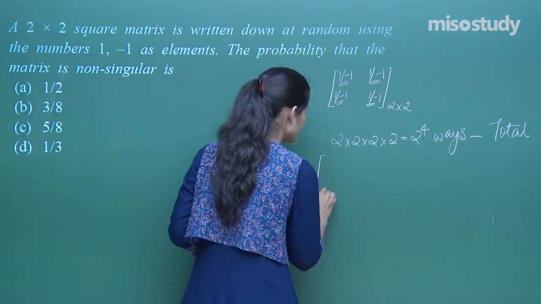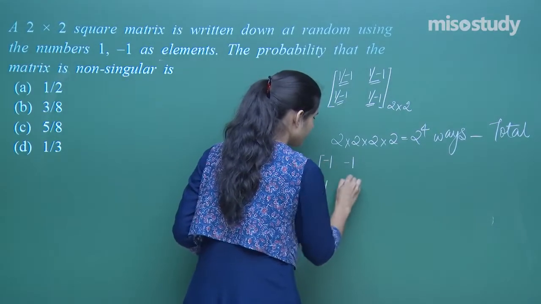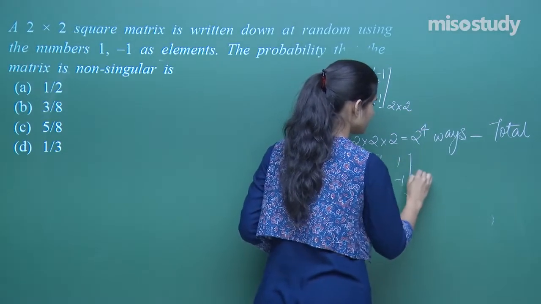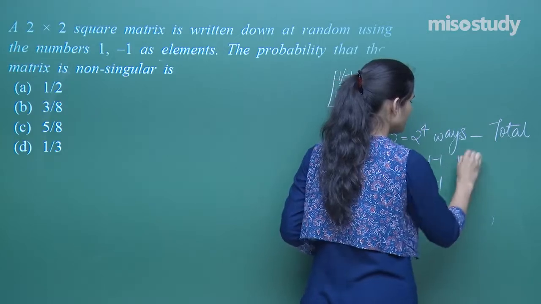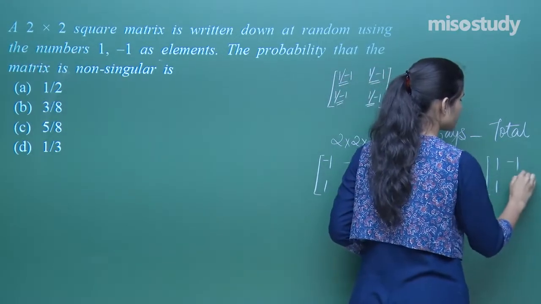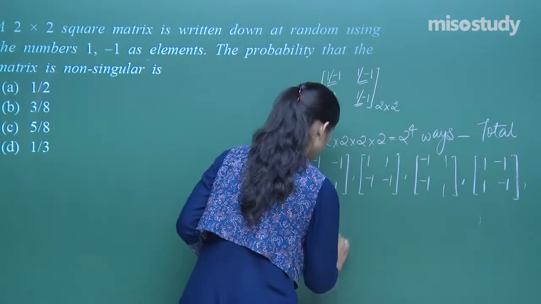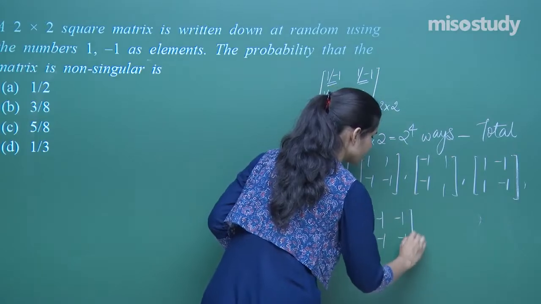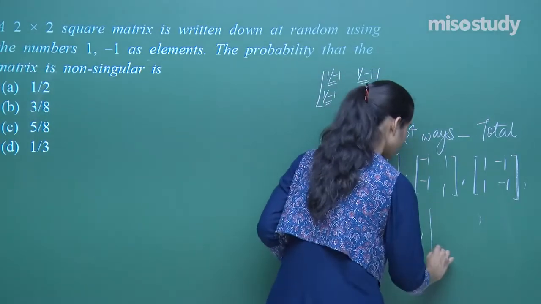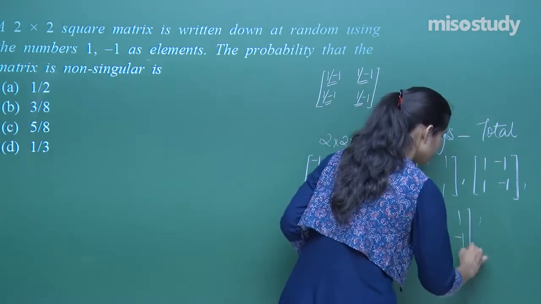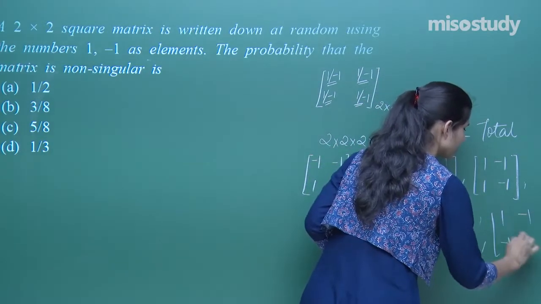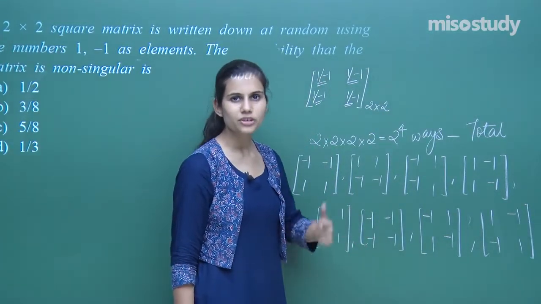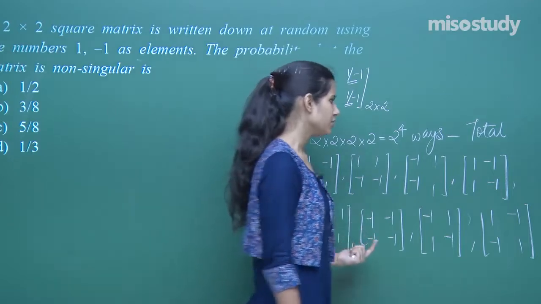It's very simple to understand that if you take minus 1, 1, 1, if you take say 1, 1, minus 1, minus 1, minus 1, minus 1, 1, 1, 1, 1, minus 1, minus 1, 1, 1, 1, 1, minus 1, minus 1, minus 1, minus 1, minus 1, minus 1, 1, 1, and minus 1, minus 1, 1, 1. These are the 8 2 cross 2 square matrices with entries 1 and minus 1, which are non-singular,